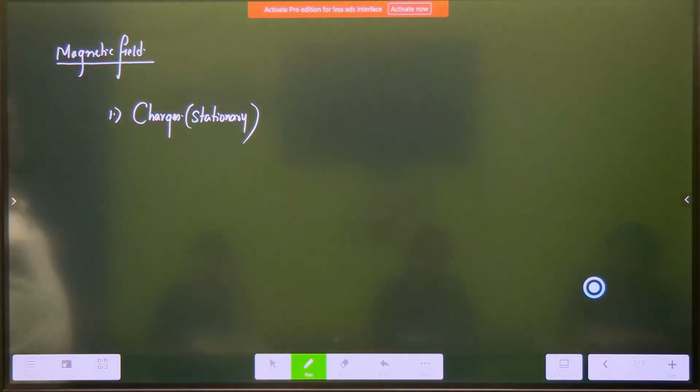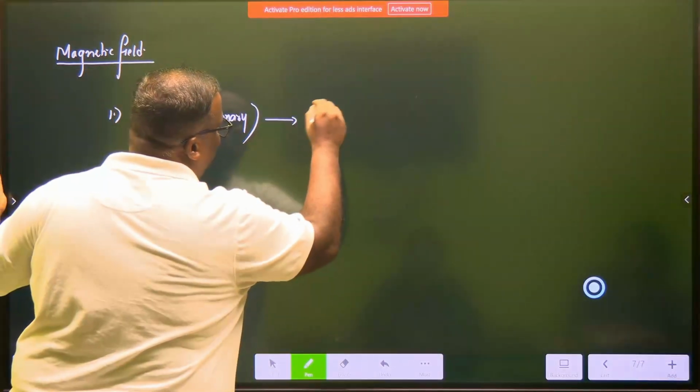Stationary charges will produce what is known as